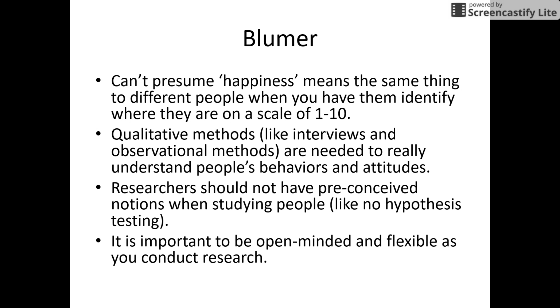So if I am doing, say, a quantitative research project and I'm studying happiness, what the symbolic interactionist folks argue is, well, how can you presume that happiness means the same thing to everyone? If I give them a scale of 1 to 10, if you circle a 4 and I circle a 4, does that mean we're equally happy or unhappy? They say no, it doesn't. And so you can't impose those objective ideas on subjective reality just because we don't all understand happiness or job satisfaction or whatever in the same way.